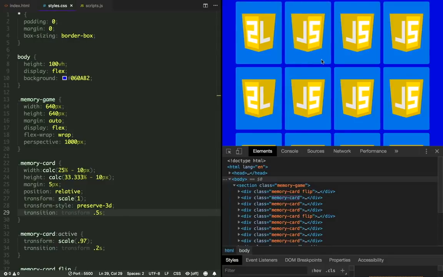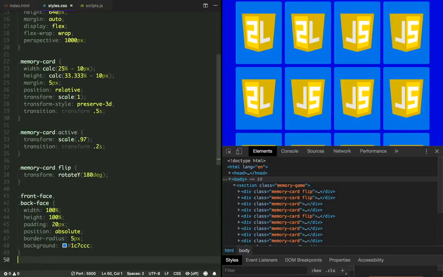And there we have it, the 3D effect. Well, when we flip the card, we should be seeing the front face, right? And right now what we are seeing is the inverted JS badge. That happens because every HTML element has a back face, which is a mirrored image of itself. There's also a property called backface-visibility that defaults to visible, and this is why we are seeing the inverted badge. So the first thing you have to do is to hide the backface.